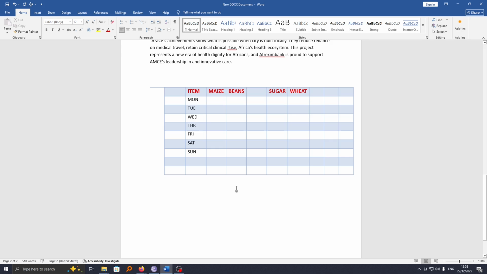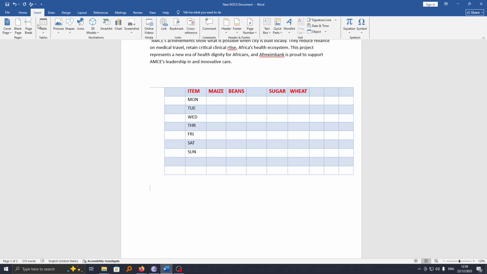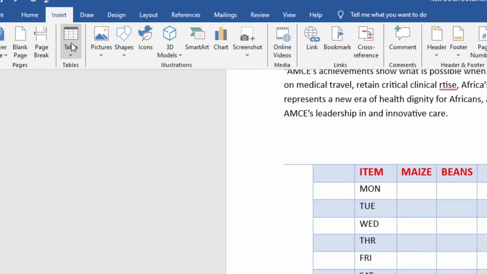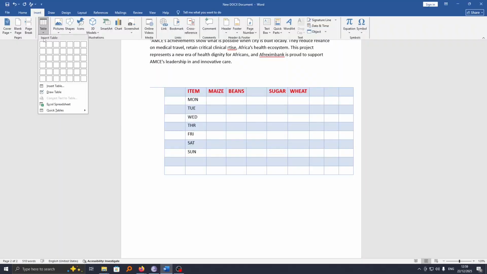So if you want to do this in Microsoft Word, it's pretty simple. Just follow these steps. First, go ahead and open your Word document and then go to the Insert option here. Now under this, you should see this option for tables. Now click on Table. And here you can go ahead and hover over here to select the number of rows